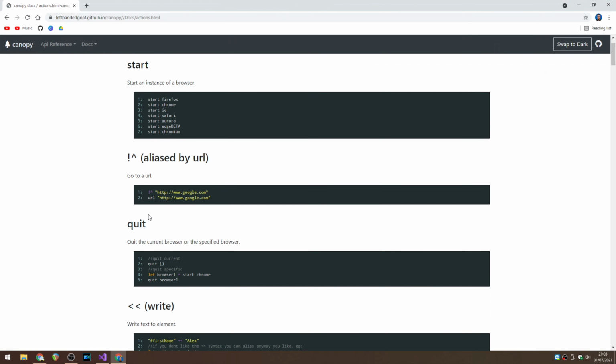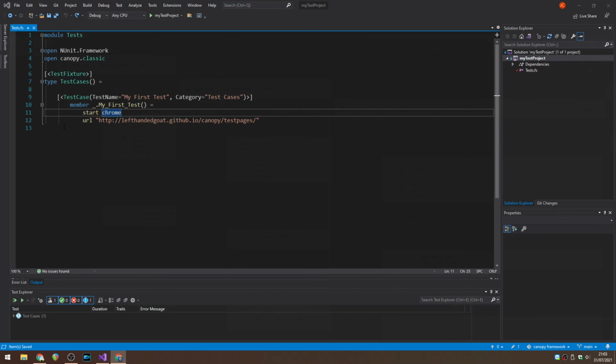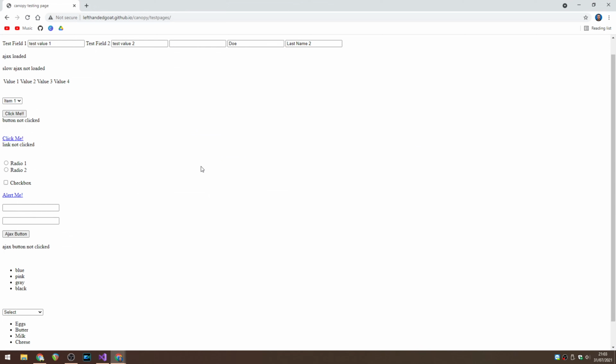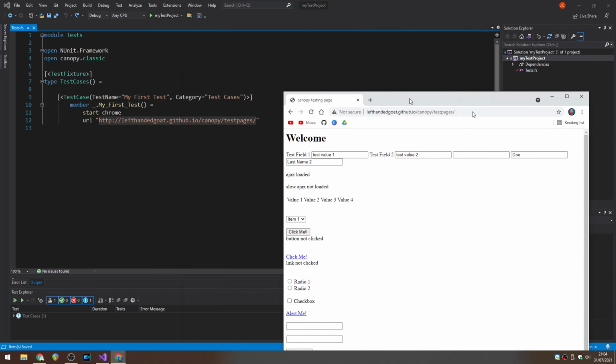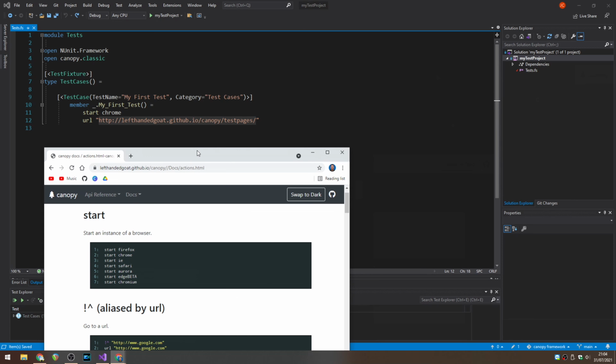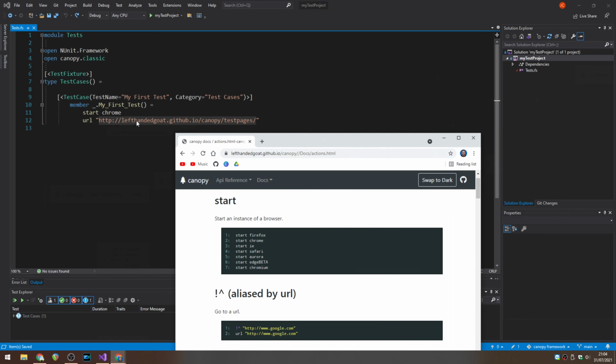Then we have the URL, which I mentioned in a previous video. You can use this syntax here, but I usually use the URL. So just URL and then the actual string of the URL you want to go to. In this case, we're going to go to the Canopy's own test page, which looks like this, which is kind of just a basic page with various elements on there that you can do stuff with, just as a test, basically. So that's handy to have. So we're going to start Chrome, we're going to go to this URL,